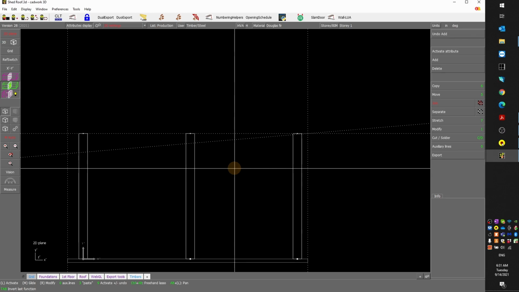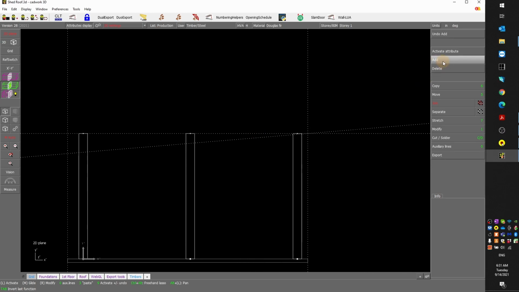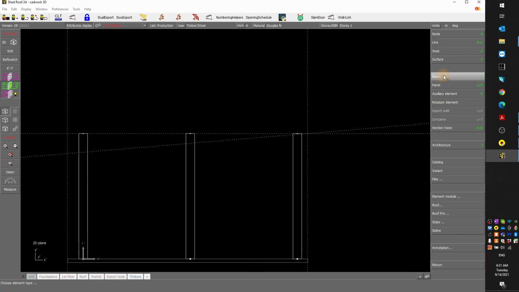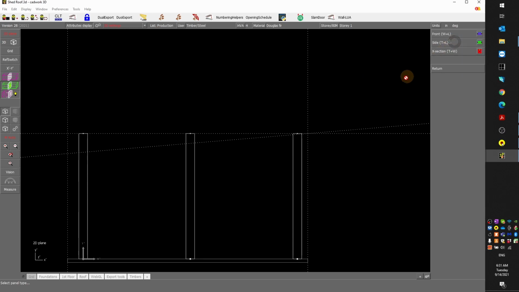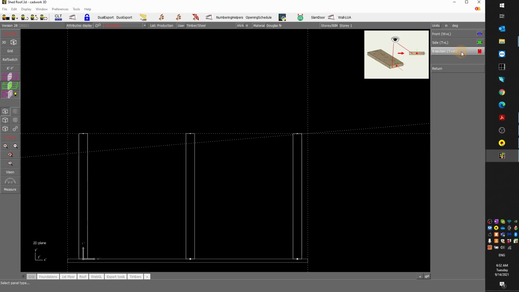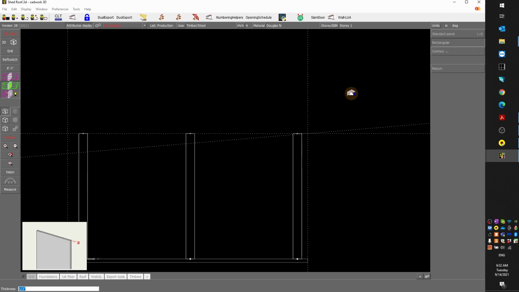Every 15 minutes it's saving. And now I'm adding, this time it's not a beam, it's a panel. And the panel, I'll make it rectangular, or I could do a contour. So here I have two options. I'll just add a rectangular one. It's a section, so I see the thickness and the width of the panel. The thickness is 7,